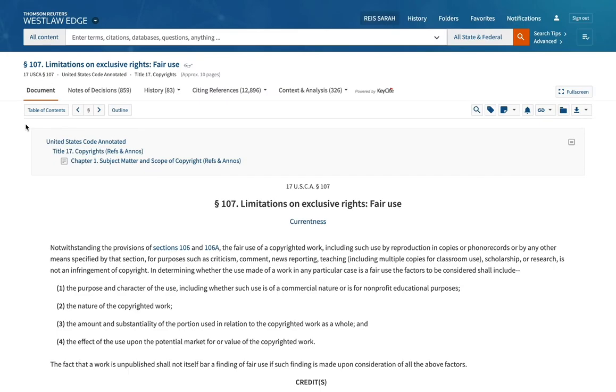We're going to take a look at the notes of decisions for the statutory section to see if we can find citations to any cases that help us interpret one of the factors set out in the statute. The factor that we are researching is the second factor that is listed in the statute, the nature of the copyrighted work.